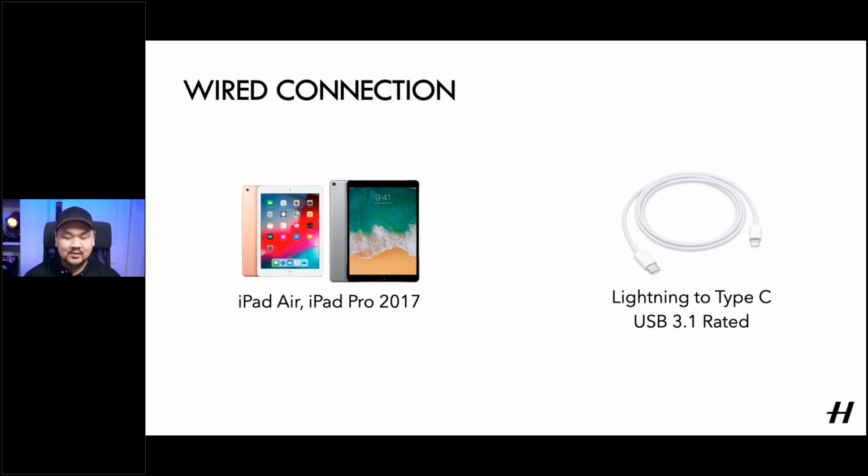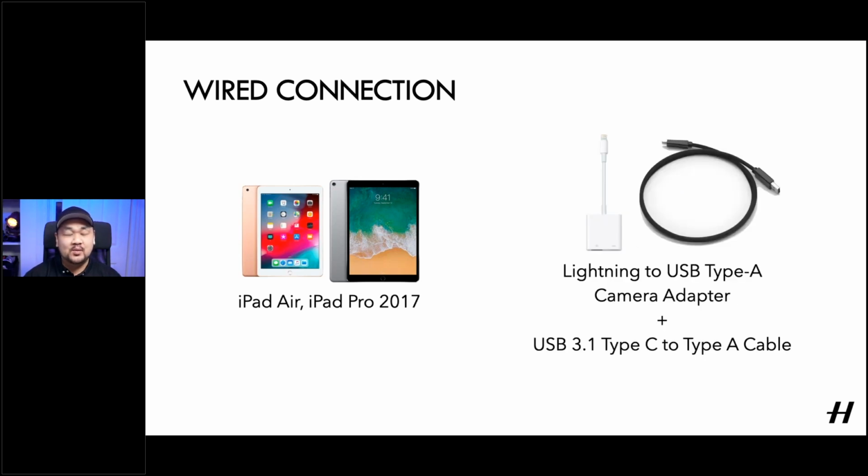So the good news is that we have an alternative that we found to be a bit more consistent, and that's by way of the Lightning to Type A camera adapter. Simply, one end plugs into the iPad, the other is a USB port that you can plug the camera into. For this, you'll just need a USB-C to A cable, like the one included in the box with the X1D2 or 907X Special Edition. Additionally, it adds a Lightning port for pass-through charging for the iPad as well, which is pretty convenient.